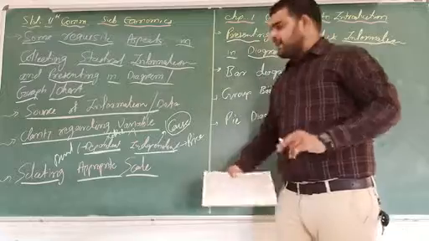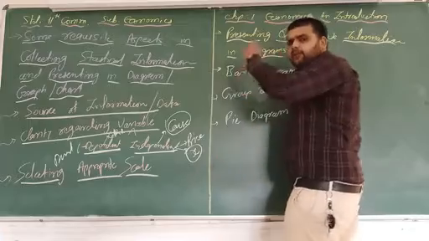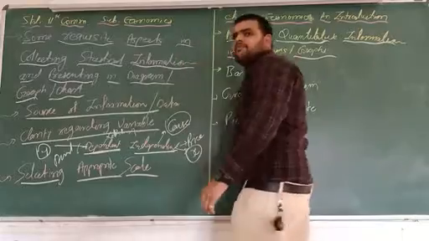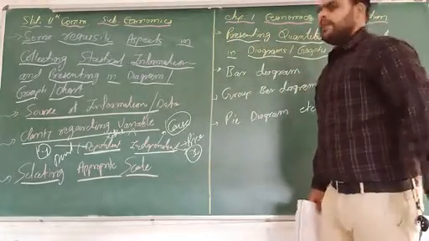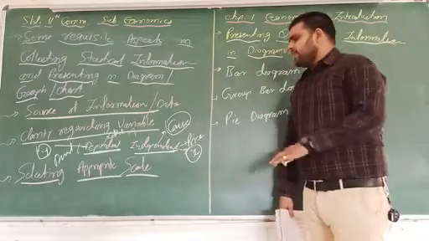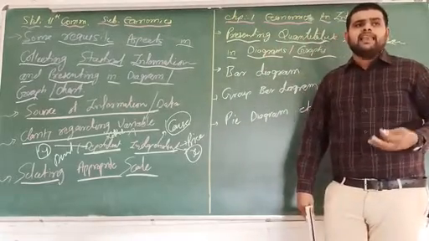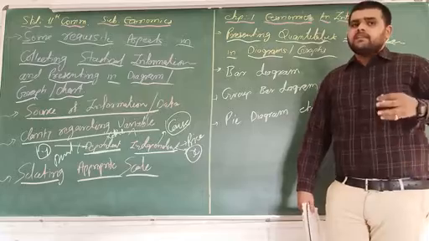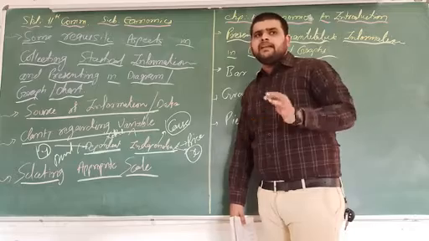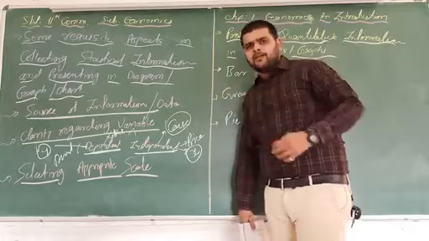Always, the independent variable is shown on the x-axis when we are drawing the diagram, and the dependent variable is shown on the y-axis, which we do in the bar, group bar and pie diagram. And the third one is to select the appropriate scale according to the data. On the basis of the dependent and independent variables, we have to select the appropriate scale. So this is the first part of this video.